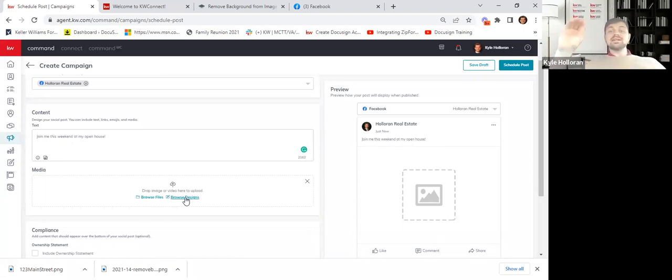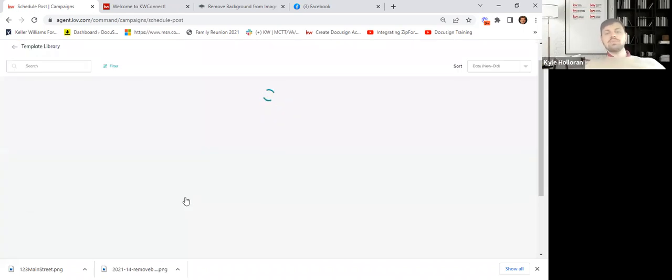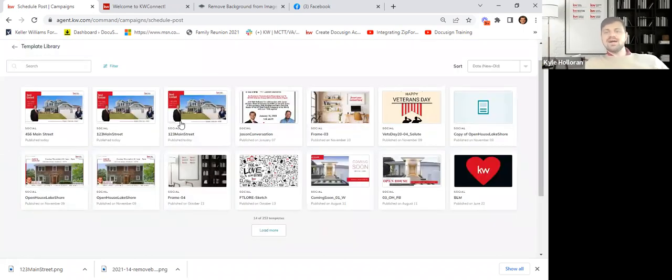Okay, so now instead of downloading it from designs, I could have just renamed it, exited out, right? Saved it and exited it out. I didn't have to download it to my hard drive. So if you're at a computer that's not your computer and you're like, I can't download anything, you could do this, right? So browse designs, then it's going to open up your saved library, and there's all my designs that we've created. There's the one we did for 123 Main Street.